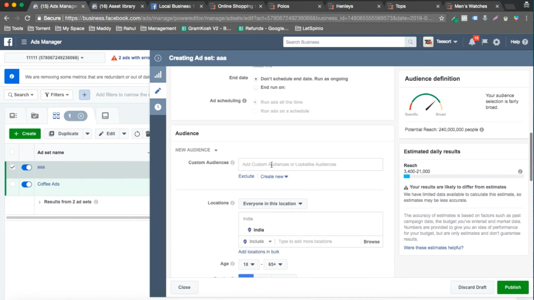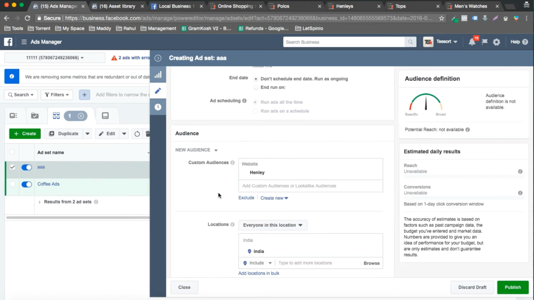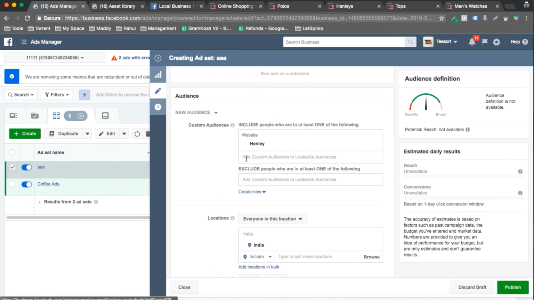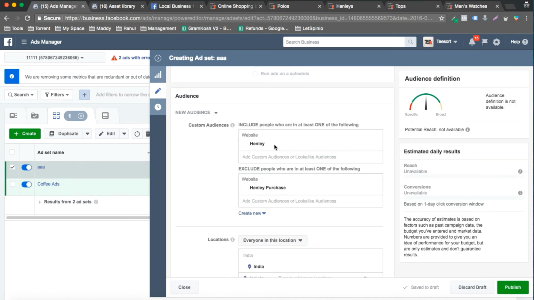Alright, so now we have the custom audience. So what I can do is I can select all those people who have visited the Henley page, right? And I can exclude all those people who have visited the Henley purchase page, right? So these are the 10 people who have visited the Henley page.